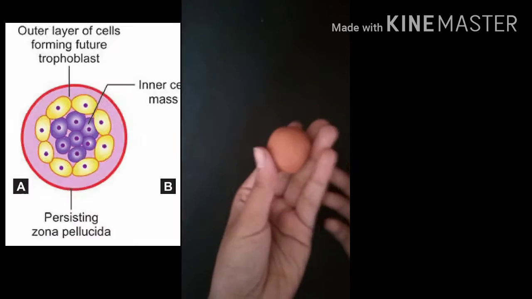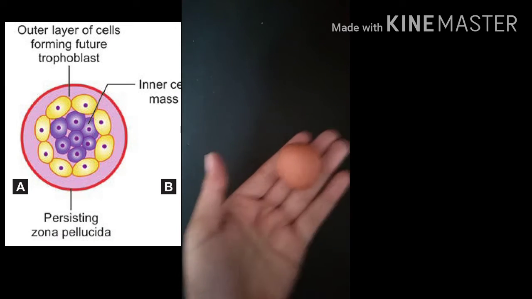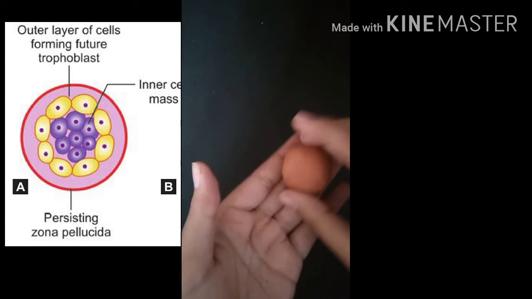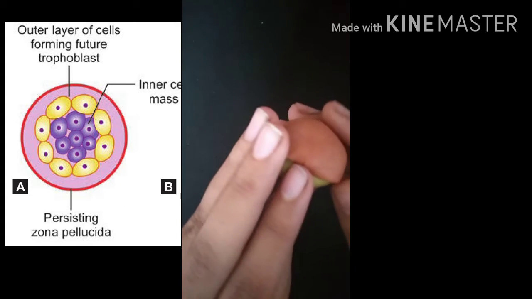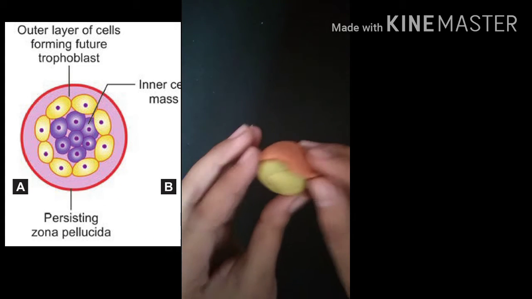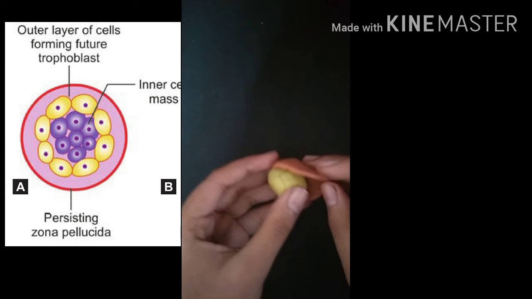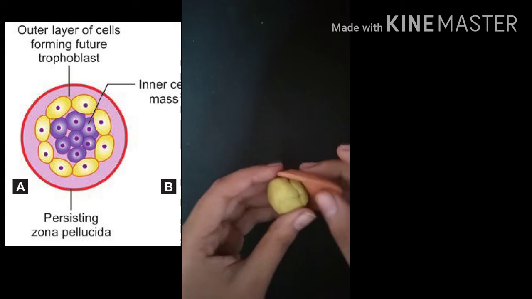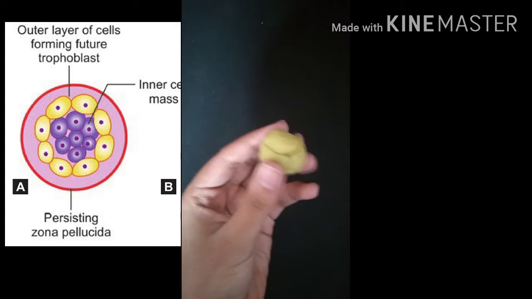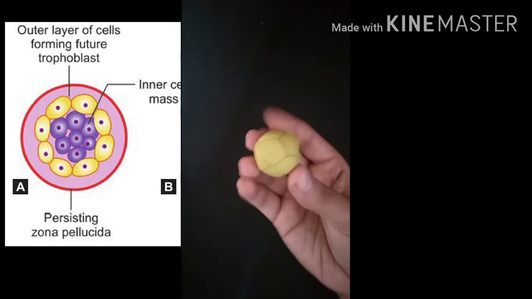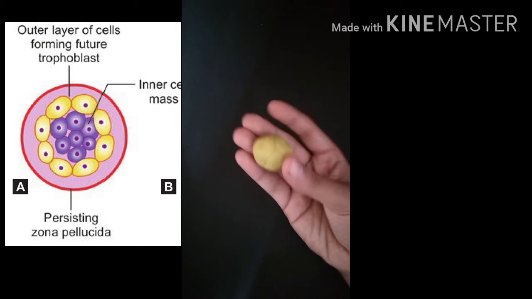And now as this cleavage proceeds further, this finally turns into something like this. This is nothing but the morula stage. All of us are very familiar with this morula stage. Again, this layer which is surrounding this morula is nothing but the zona pellucida. So I am going to remove this zona pellucida. But zona pellucida is important for this blastocyst as it inhibits the implantation of the embryo at inappropriate sites. So this is nothing but our 8 to 16 cell stage known as a morula.